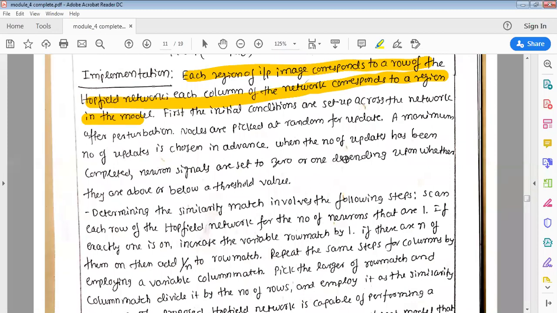Once you train and at one particular point you reach saturation, then we stop and we understand that the network has trained completely. Then it will be able to recognize the model. This is the whole idea behind recognizing a three-dimensional object. So I'll stop here.